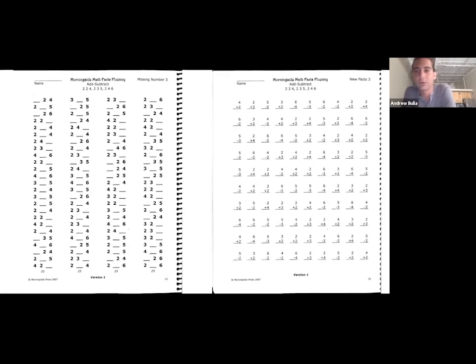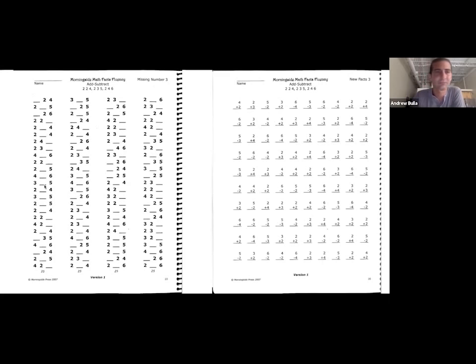So for example, with the fact family 2, 3, 5, we teach the learners to memorize that 2, 3, 5 go together and that the big number goes last. So 5 is always going to go last. So what that shows then is if I memorize 2, 3, 5, I can get 4 math facts for free. 2 plus 3 is 5, 3 plus 2 is 5, 5 minus 2 is 3, 5 minus 3 is 2. So I'm cutting down the amount of time that they need to study and memorize to a quarter of what